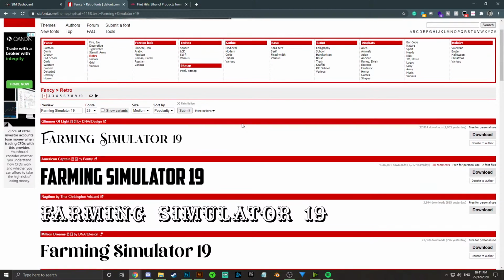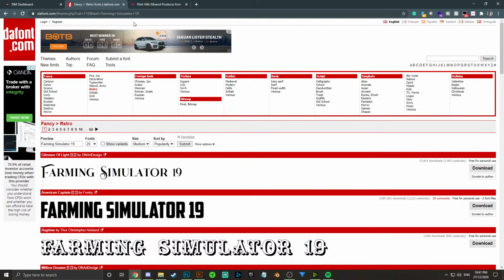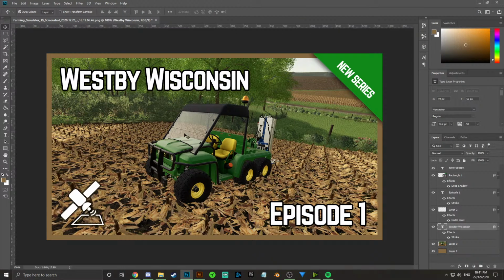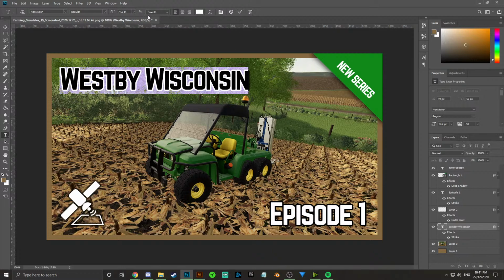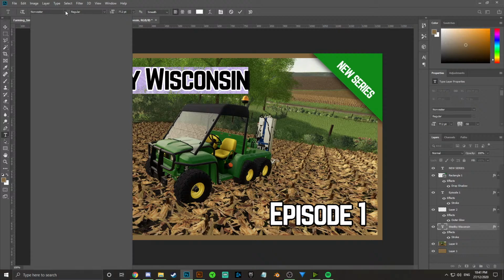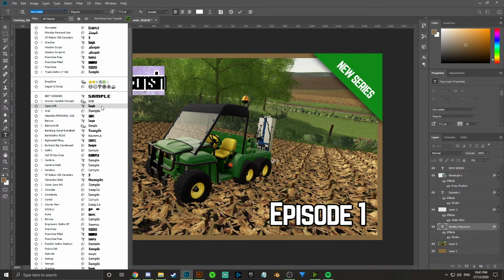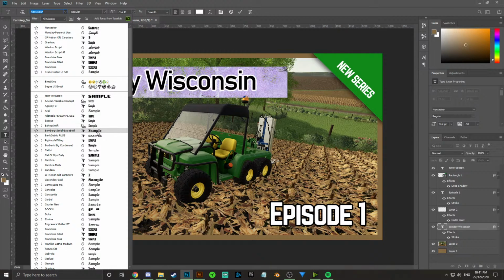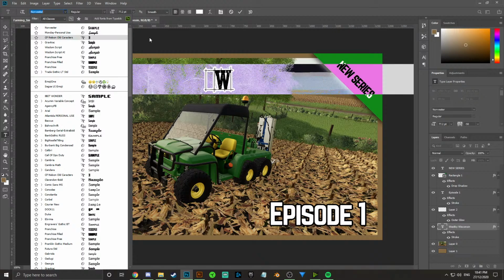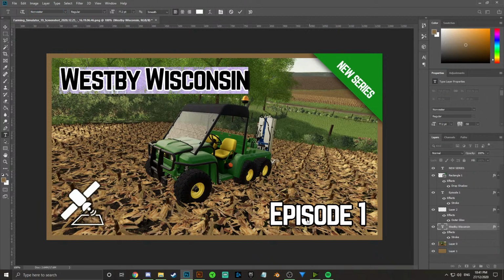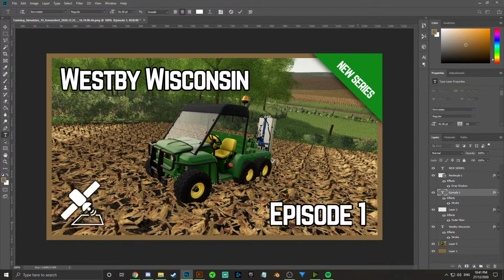So yeah, fonts. I think fonts are one of the things that can make the biggest difference in terms of making your thumbnail stand out. Because, again, I've got loads of different ones in here, but what's nice as well is you can scroll through them and see the different ones. It's probably not the best one to do it on because it's covered up, but your episode 1 here, you could select that layer